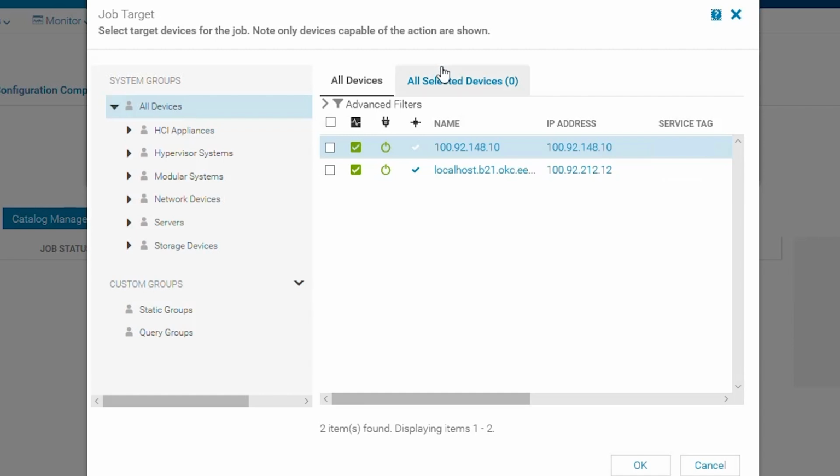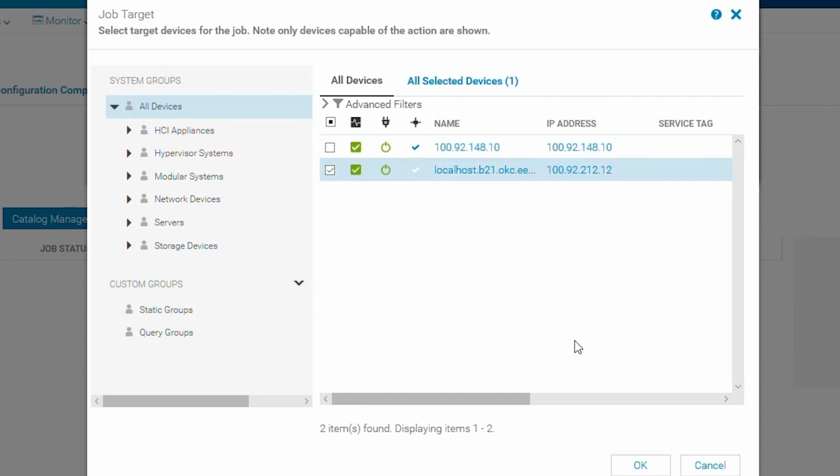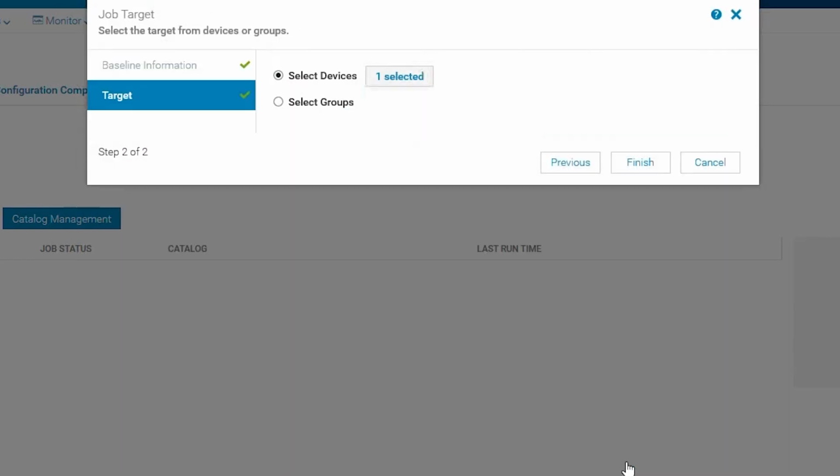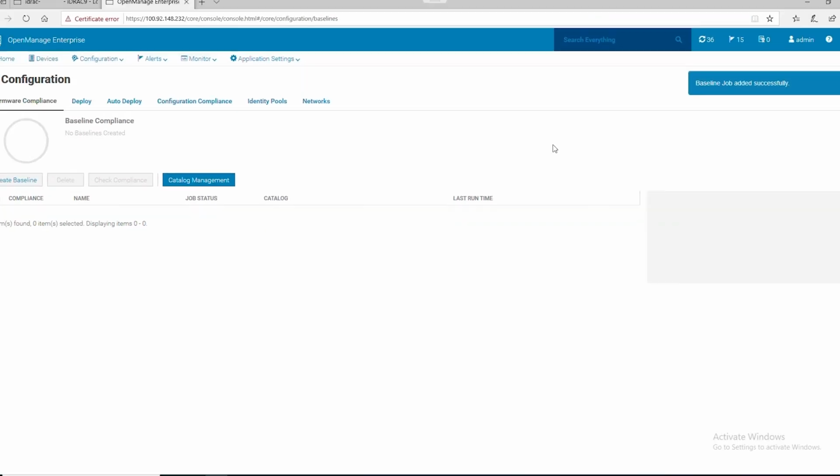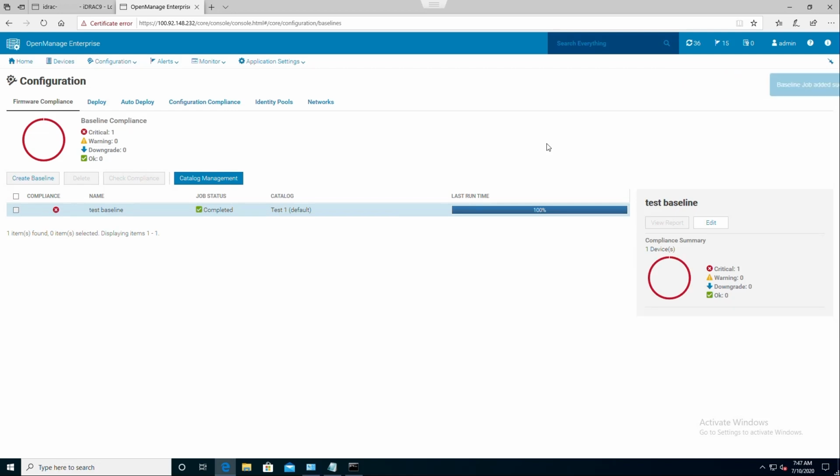I'm going to choose and then click OK. Now we click Finish. Now the baseline has been created. We can click on it and click View Report.